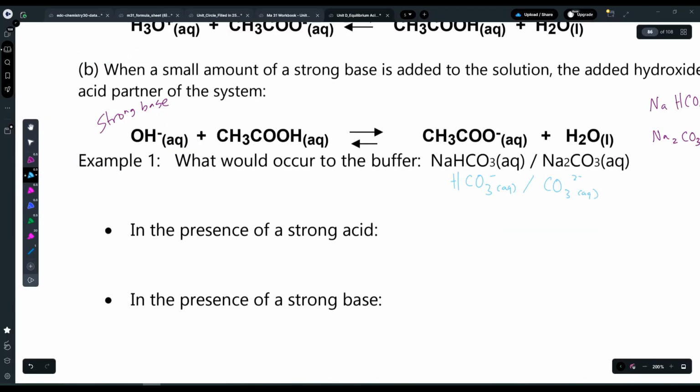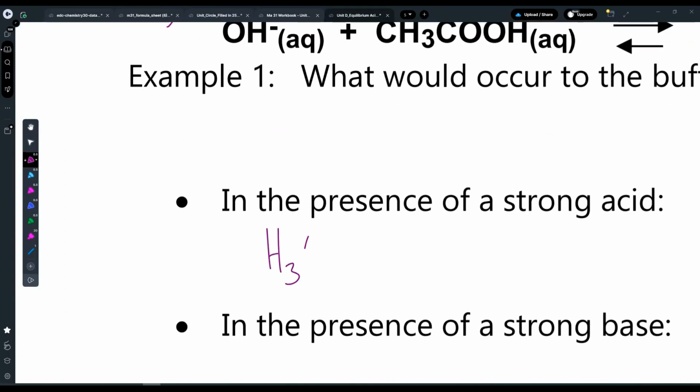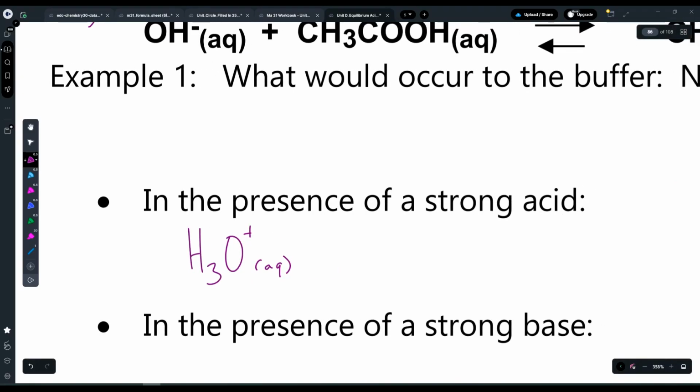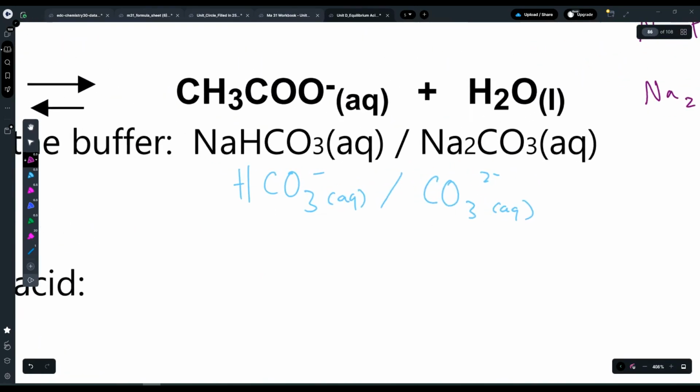Okay, so what's going to happen in the presence of a strong acid? So remember, strong acids, the quickest reaction that's going to happen is between the strong acid and water, just because there's lots of water present, and that's going to produce hydronium ions. So that's why I'm going to start off with hydronium ions. And because this is an acid, what deals with the acid is going to be the weak base in our buffer solution. So if I look at what we're working with here